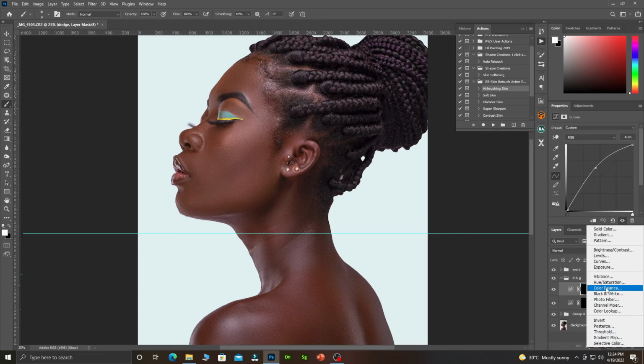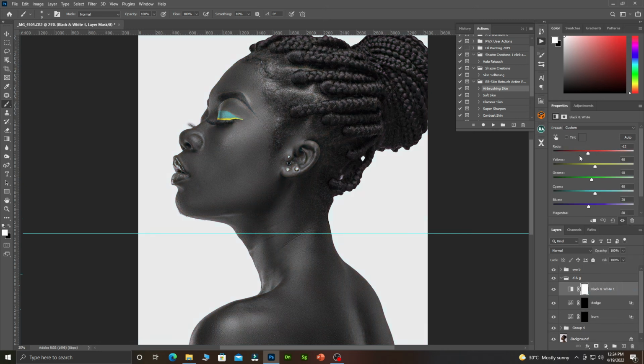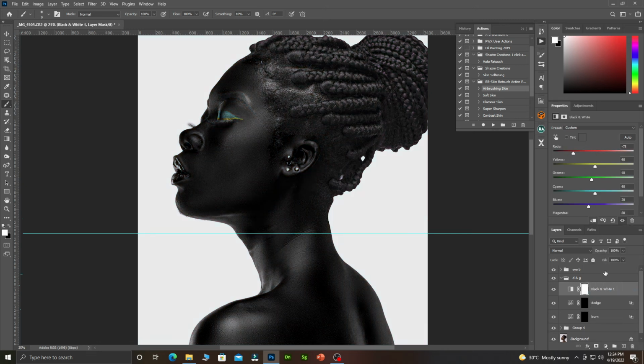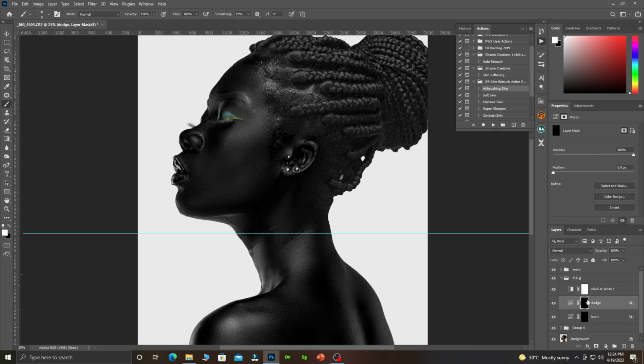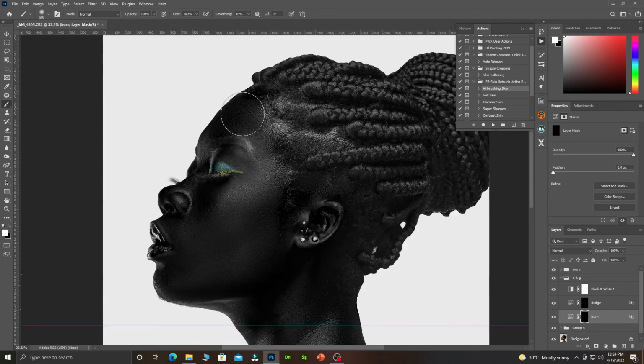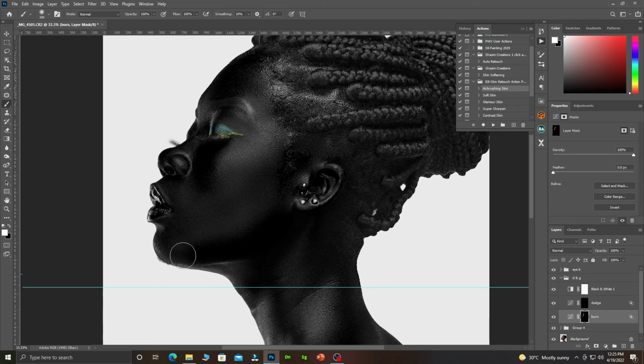Your black and white. Yes, here are the black and white. So you crush it. Okay, then you come to, and remember with this one you can reduce opacity. You can reduce opacity when you see that it's too much. So we go for the bend, then we increase the size of our brush. Then wherever we see the shadows, we bend. Okay, so over here we bend here, then we come here, we bend here, we bend here too,